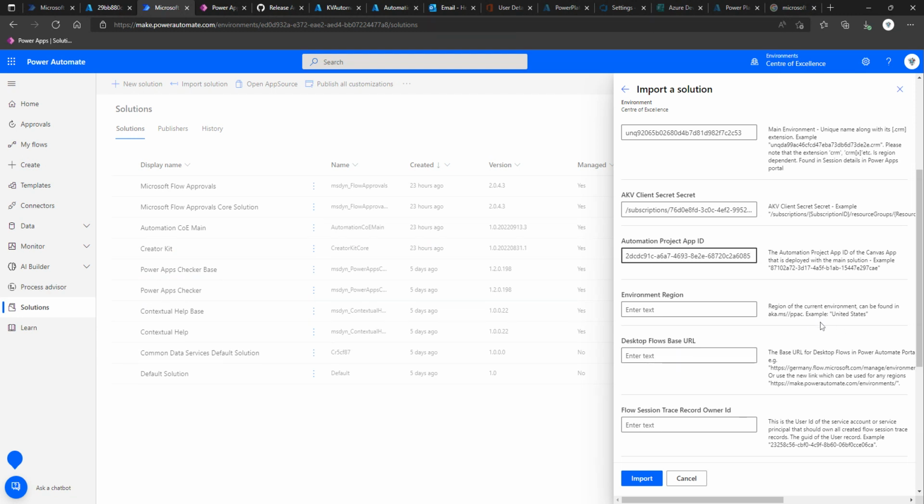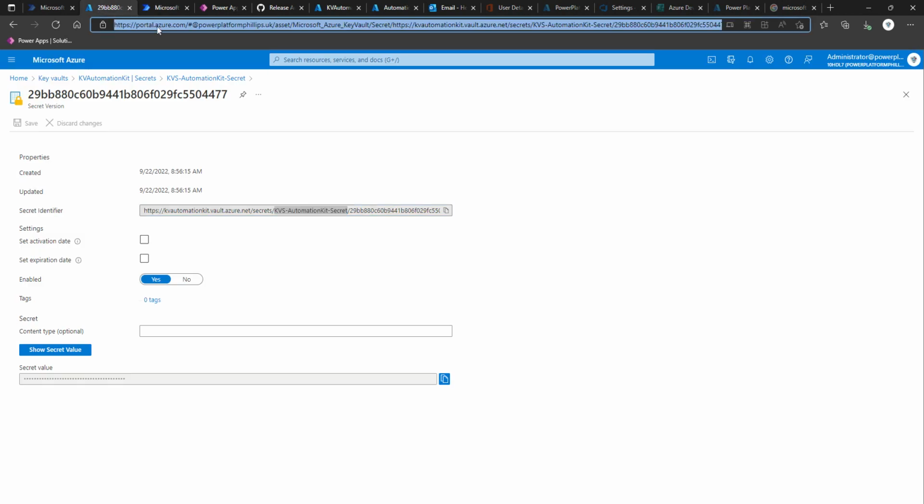Now, region of the current environment. So it should be United Kingdom for this, but again, it's going to help you out and tell you where you can find that. Although that looks like a typo there, actually, you need to miss one of the /. Should really raise that as a bug, but I'm sure people will figure it out. So it's, let's go to